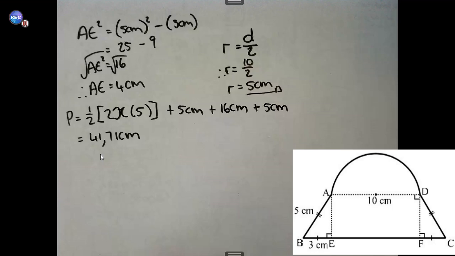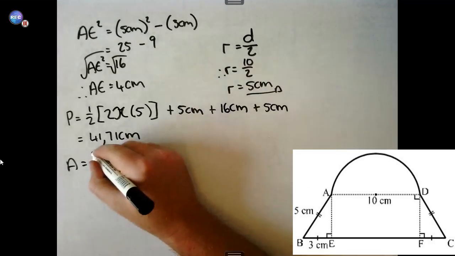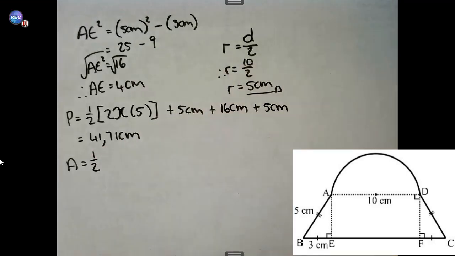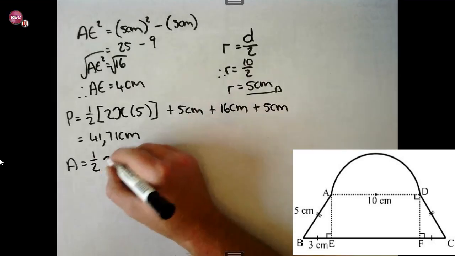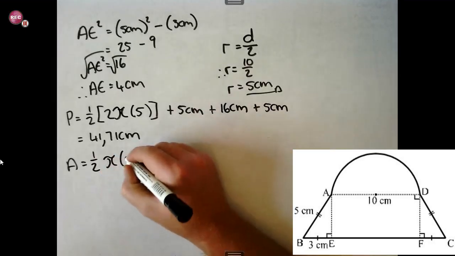Okay, but if you look at the bottom, A, B, C, D, that is a trapezium. And remember, in one of the previous questions I said to calculate the trapezium, all you do is add the top and the base together, multiply it by the height and divide it by 2. Okay, so to calculate the area of the semicircle, we're going to say 1/2 pi times the radius, which is